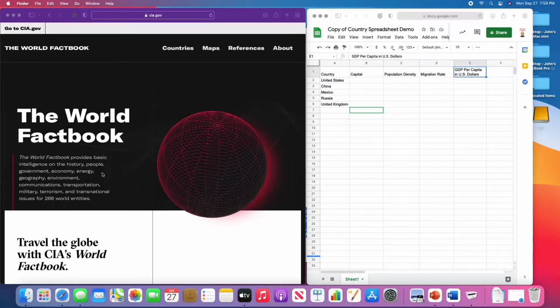The CIA offers this to the public for free, and it is probably the most accurate information source regarding countries around the world. And of course, this is needed because people like the president, the military, and other government agencies rely on accurate intelligence information from the CIA in order to make a variety of decisions regarding foreign policy and military policy, etc. So we're going to start out, and we will be going here,